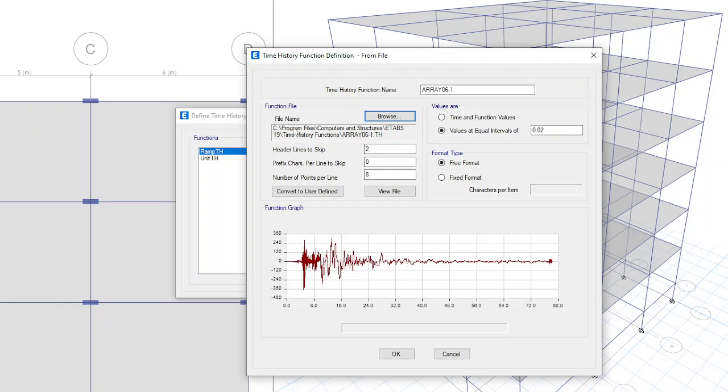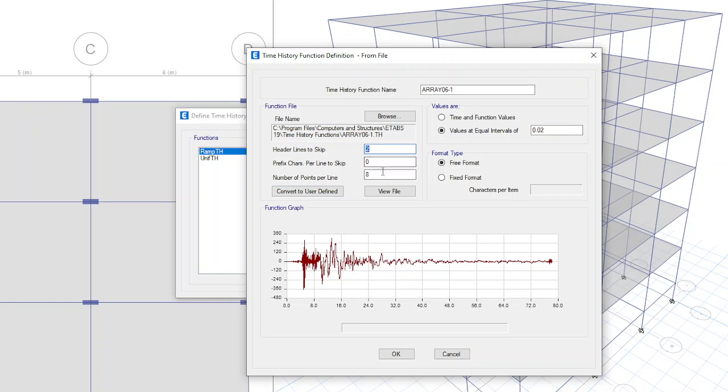At the bottom you can see the number of header lines to skip. The first two lines had no record information, so we can skip two lines.